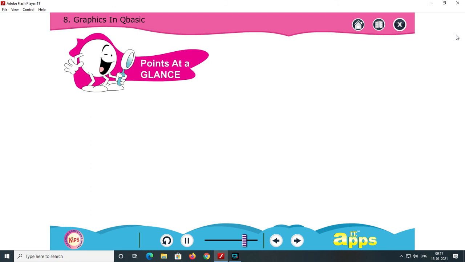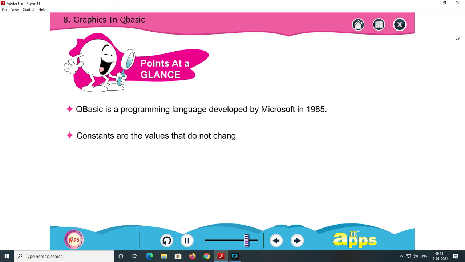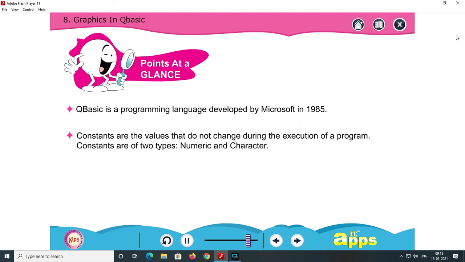Let us quickly glance through the key points discussed in this chapter. QBasic is a programming language developed by Microsoft in 1985. Constants are the values that do not change during the execution of a program. Constants are of two types, numeric and character. A variable is a meaningful name of data storage location in computer memory.